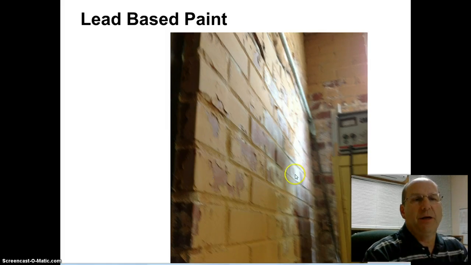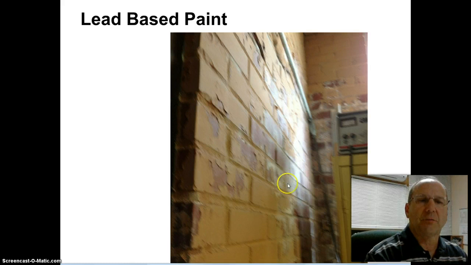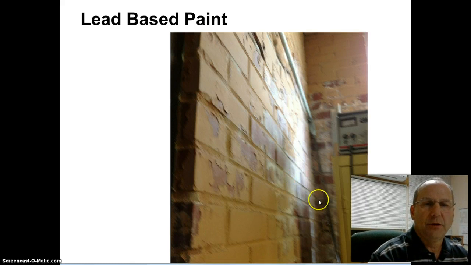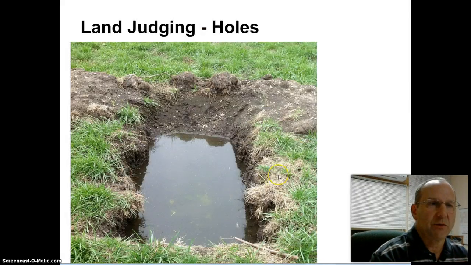This is lead-based paint that's in the boiler room. Kids don't go into the boiler room. Of course, the door is unlocked, but normally kids aren't in there. But this is something that's not probably going to be fixed right away.